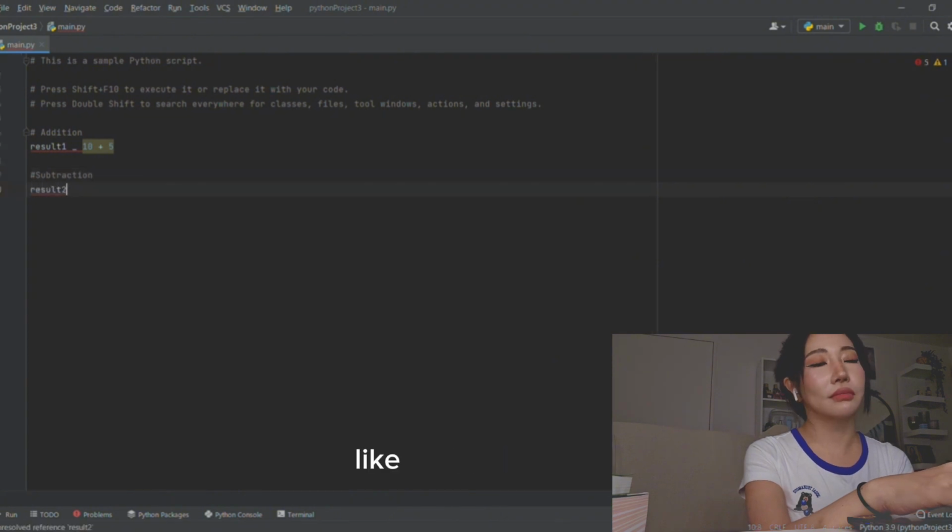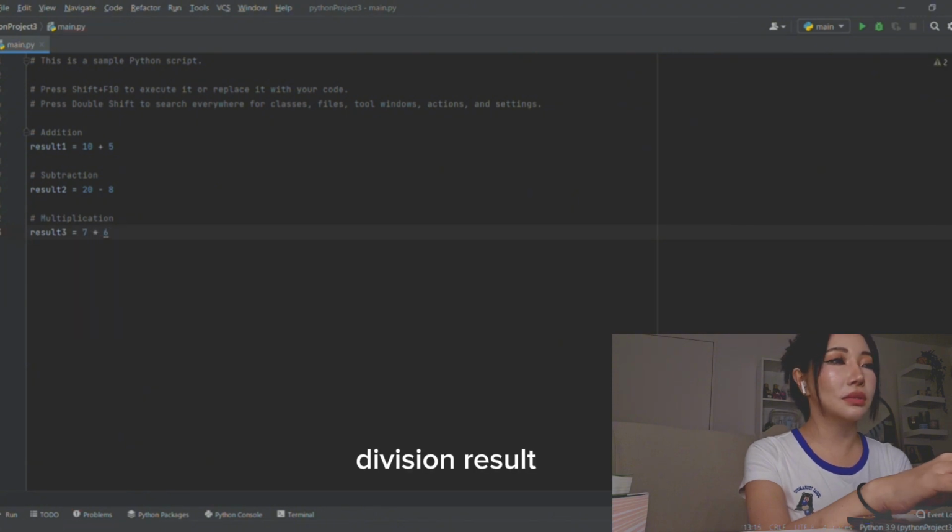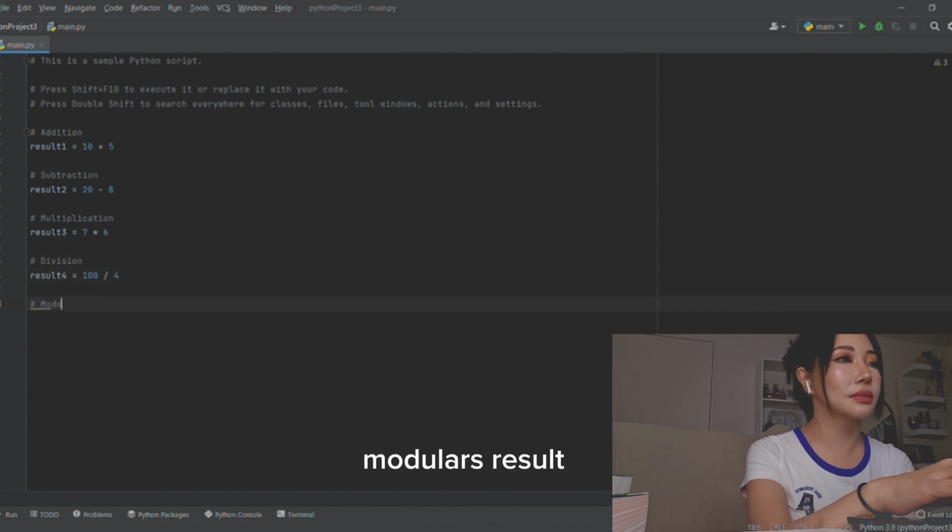Subtraction, like result 2, 20 minus 8, and yeah. Multiplication, result 3, division, result 4, modulus, result 5, and